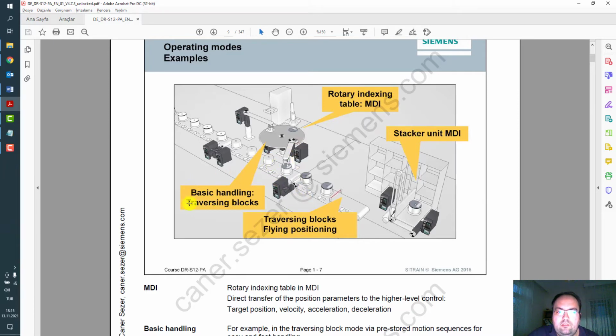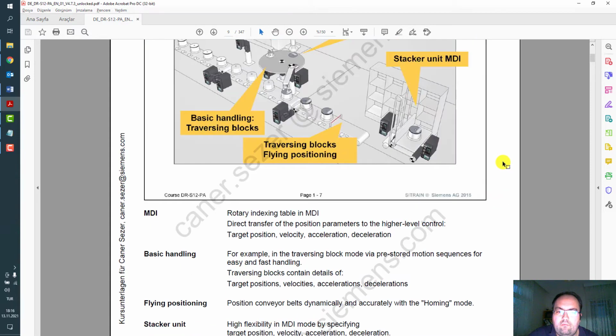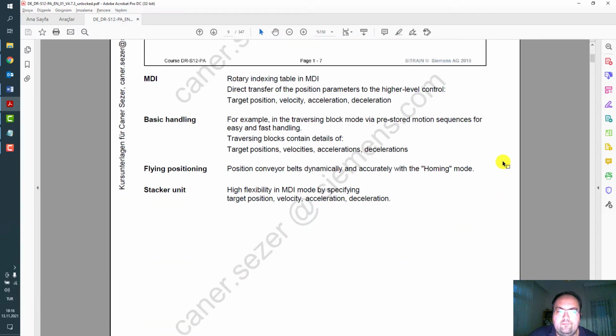Or for basic handling it's possible to program some traversing blocks. At this case, for the conveyor belt with print mark correction for new product, it's possible to use the flying positioning via passive homing.